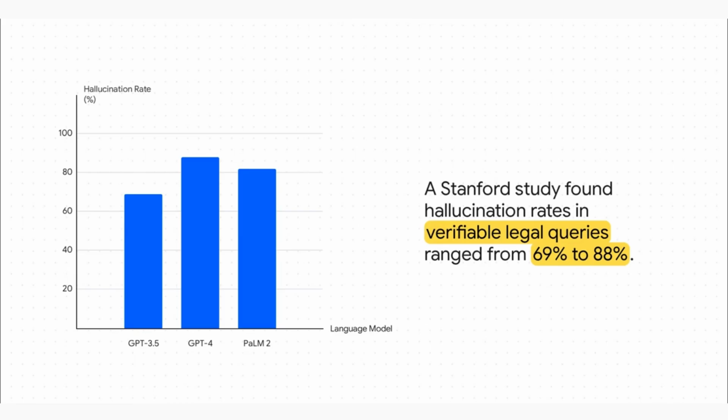And this isn't some rare, one-off problem. A study from Stanford looked specifically at legal questions and found these absolutely jaw-dropping hallucination rates. We're talking 69%, 82%, even up to 88% of the time. Let me put that another way. In a high-stakes legal setting, these tools were making things up more often than they were telling the truth. Those numbers are, they're terrifying.